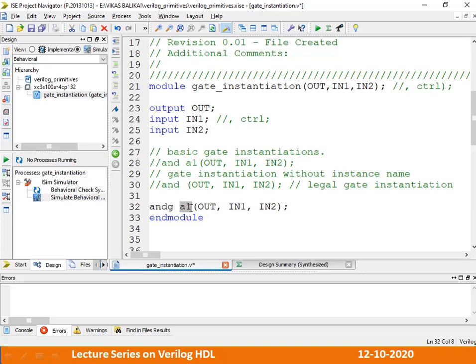It only means that A1 is an AND gate of what type or behavior? Of behavior ANDG. And how is the behavior of ANDG? ANDG behaves, I should be mentioning over here, output equal to IN1 and IN2.